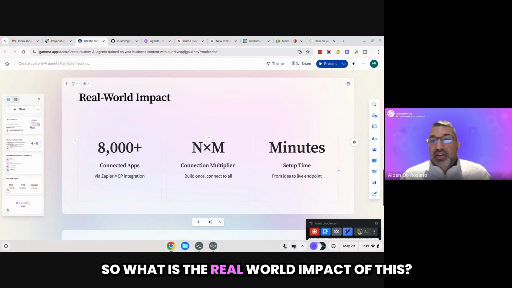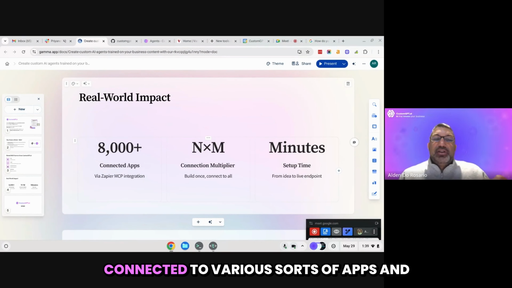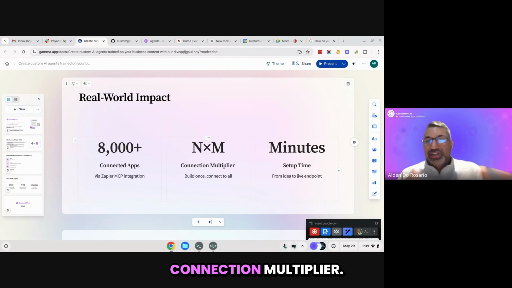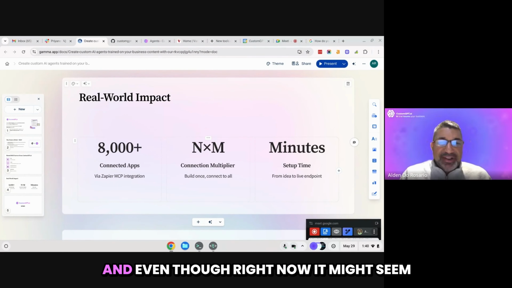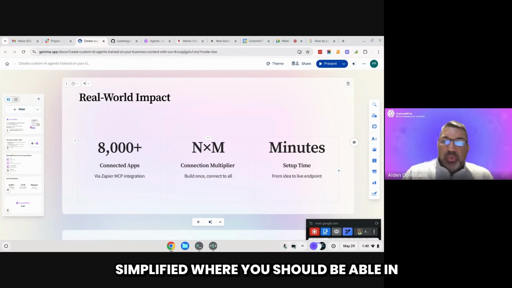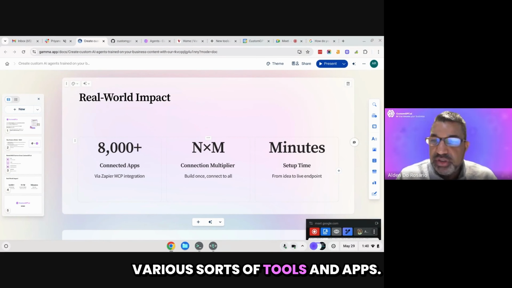So what is the real world impact of this? This now means that your knowledge can be connected to various sorts of apps and agents. That's why we call this the N by M connection multiplier, right? And even though right now it might seem complicated, this whole thing will be simplified where you should be able in minutes to connect your knowledge to various sorts of tools and apps, right?